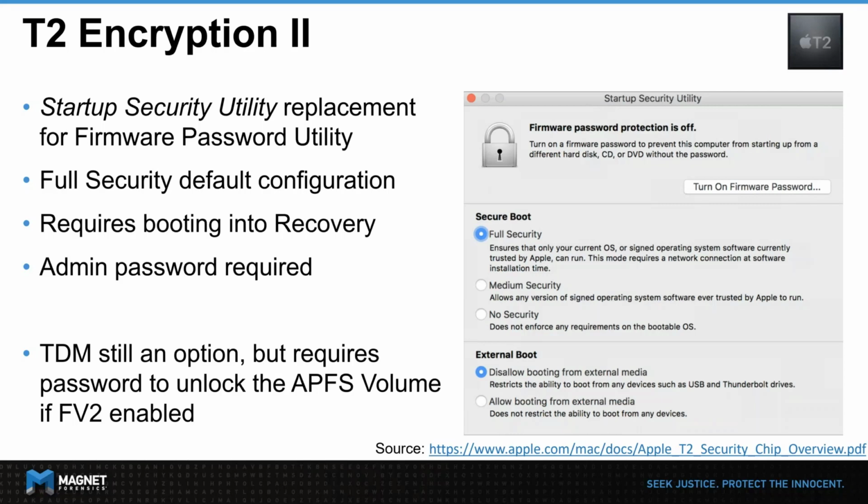So that being said, here you can see under Secure Boot, we have the full security default configuration, which means you have to have a current OS, or a signed operating system currently trusted by Apple, so that you can run that on that Mac. You might need to change that depending on what imager you're using and what level of current OS they have built into that imager. Also, if you look down at external boot, it says disallow booting from external media. So if you're using bootable imagers, whether it be Sumuri's Recon Imager or BlackBag's Macquisition, you're going to have to come in and change this in order to be able to boot to those drives